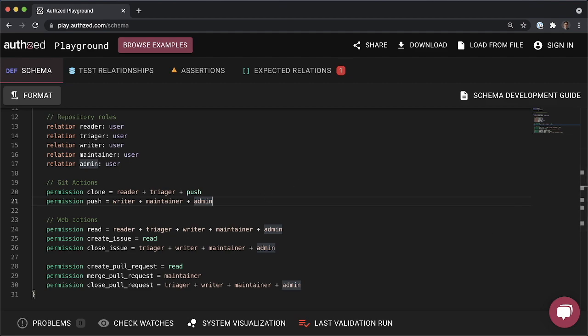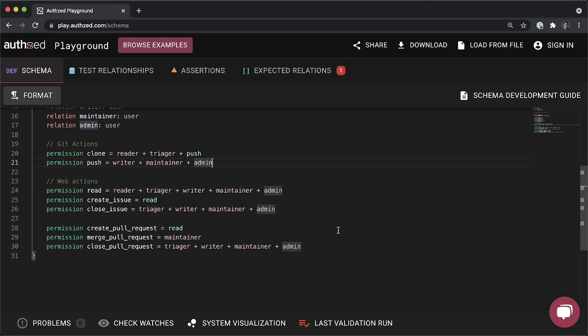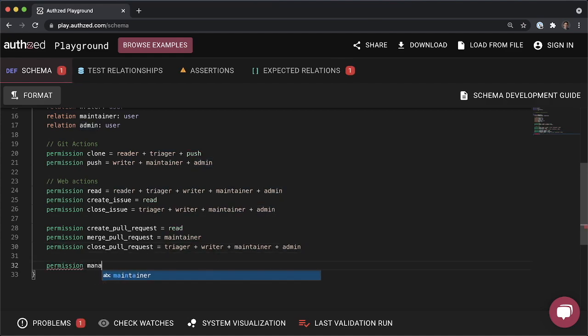Maintain can read, clone, and push to this repository. They can also manage issues, pull requests, and some repository settings. What are repository settings? Yeah, exactly. We haven't even gotten into the whole world of settings. I'm just going to throw in manage settings. Yeah, I actually think this is a really interesting subject to talk about in general when it comes